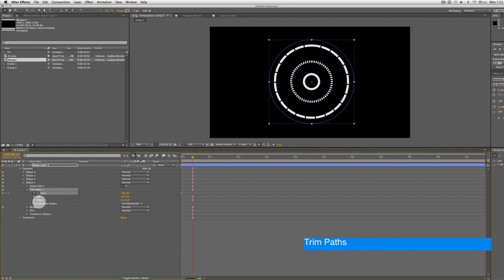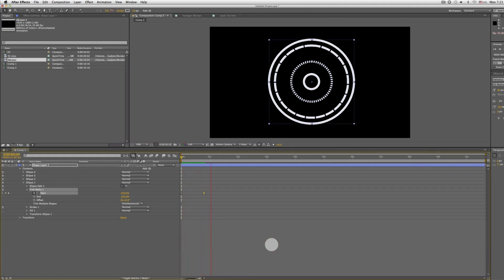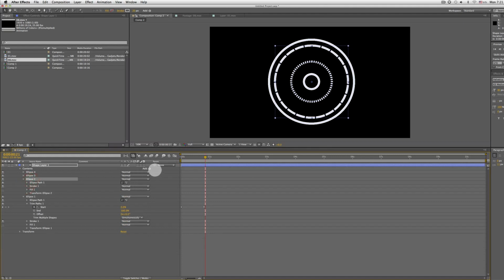I go start, hold Shift, Page Down and 0, and I make this ease really more beautiful. And for number 2, I add trim path,